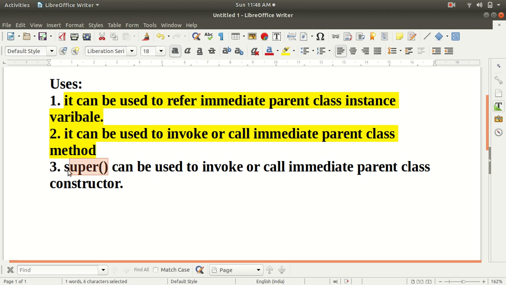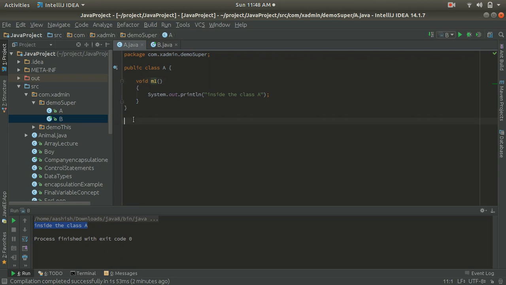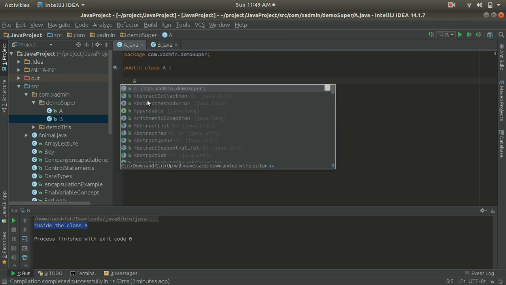So let's go to our IDE, and here I will edit class A and class B for this example. Inside class A, I am going to remove this method, and I am going to create a constructor for this class.